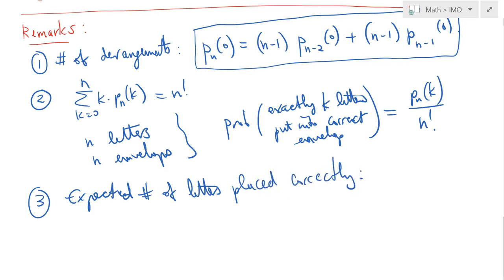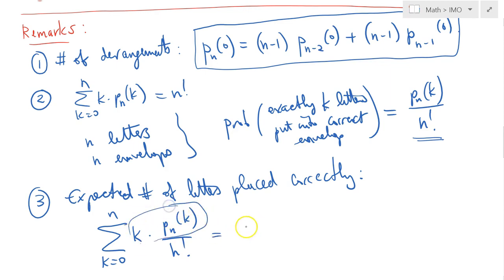So given this probability, all we need is the following sum from k equals 0 to n of k times, so k letters are placed correctly with this probability, right? But then the numerator here is simply the definition for f of n that we established early on,